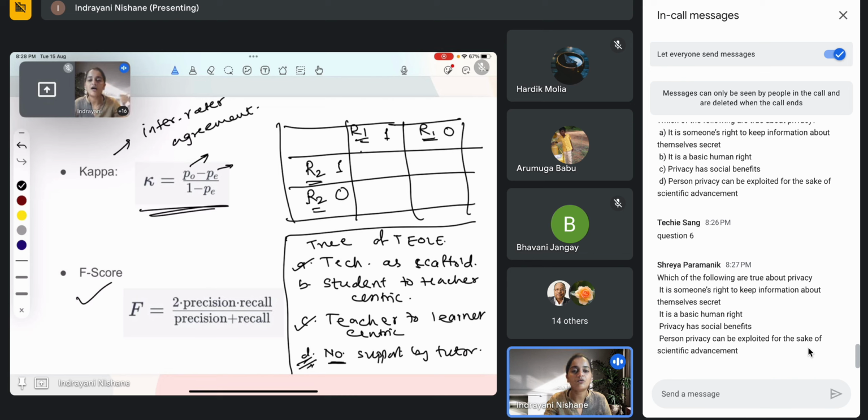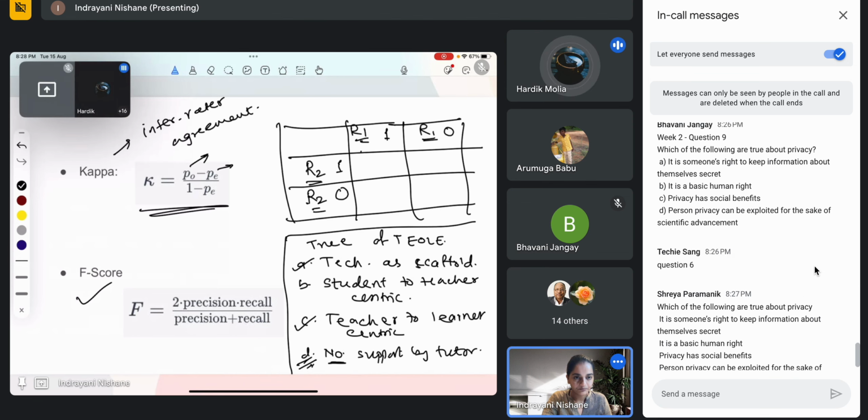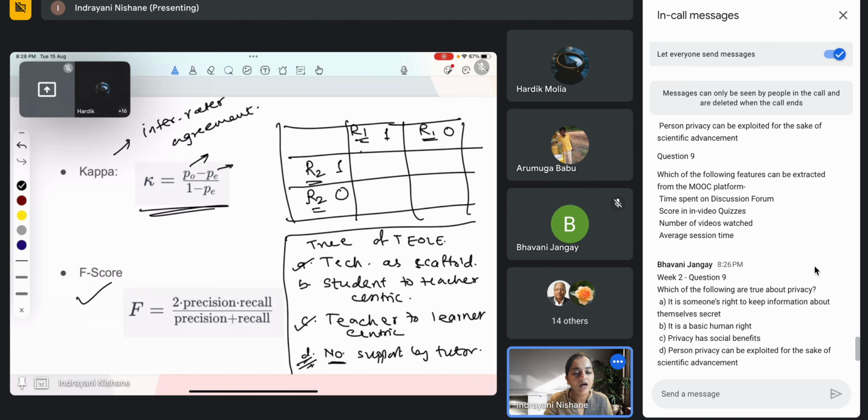So you got how the time spent in discussion forum is calculated, Hardik? Yes, ma'am. So it can be calculated. Now, coming to